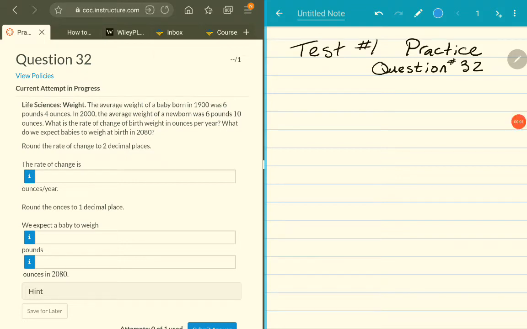Looking at the test number 1 practice problems, and I'm looking at question 32 about life science. The average weight of a baby born in 1900 was 6 pounds and 4 ounces. And in 2000, the average weight of a baby was 6 pounds and 10 ounces. What is the rate of change